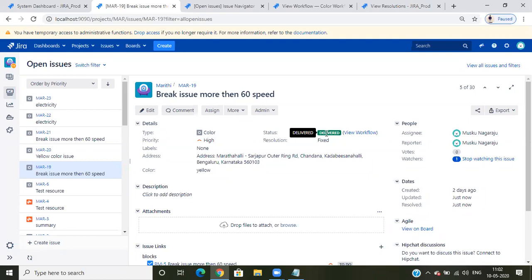I completed our work, but what is the status? What is the resolution? Okay, I rejected you, but with a reason. So that reason is the resolution field in Jira. So I don't want to fix this. I want to select a custom one, I want to select anything, so I want that option. So how will we get that?